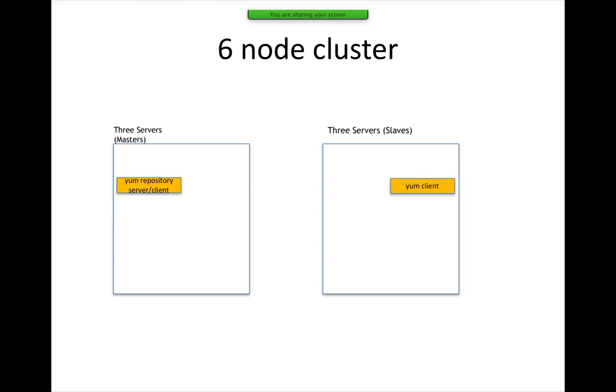So the steps are, we started with 7 servers. 3 of them are designated as masters and 4 of them as slaves. And one of the masters I have designated as gateway node, and also as the repository server. In a typical production cluster, they can be different. You will have a centralized repository server. You need not set up the repository server as part of your client, but all the nodes in the Hadoop cluster should be able to access it. But in our case, we have set it up on the gateway node.